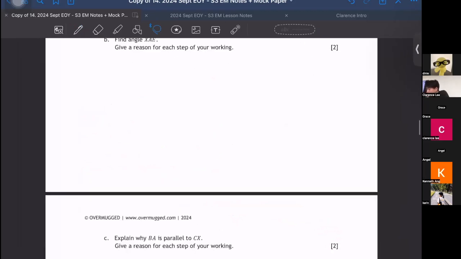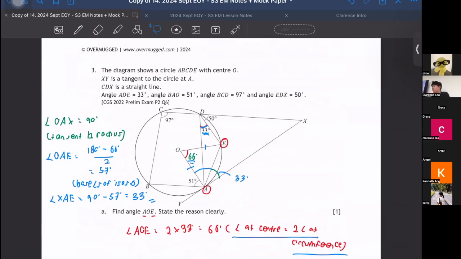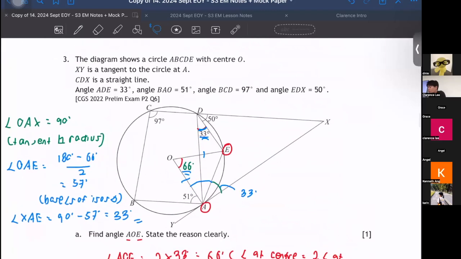Now you must explain why BA is parallel to CX. Okay, I will just write everything here because I don't want to keep referring to the diagram. So for BA to be parallel to CX, they want you to prove that these two lines are parallel to each other. You have a few options that you can consider, right? Because the moment they are parallel means you have three special angles that you can use: corresponding angles, interior angles, and alternate angles. So if you can prove to me that any of these angles are of this relationship,